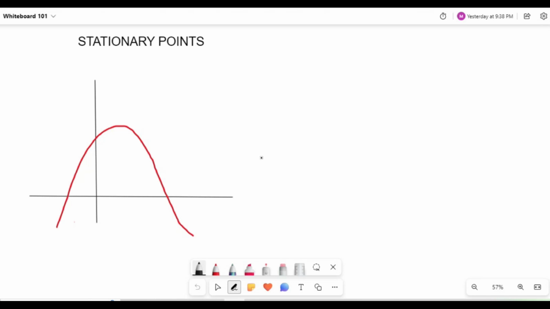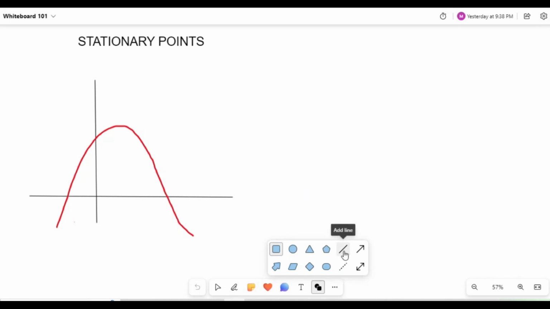Okay guys, so I would like to explain to you about stationary point. Stationary point, for example, we have this curve. Actually, stationary point consists of three kinds. The first one is maximum, minimum, or even inflection point. Okay, in order to understand the concept of stationary points, let's see on this